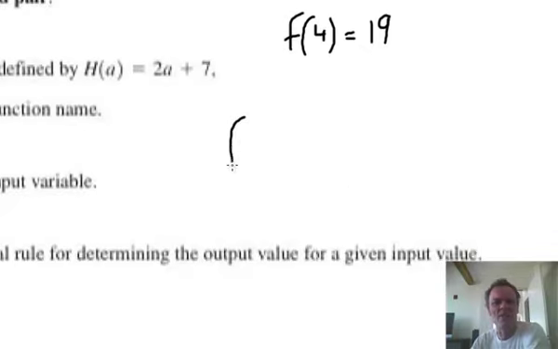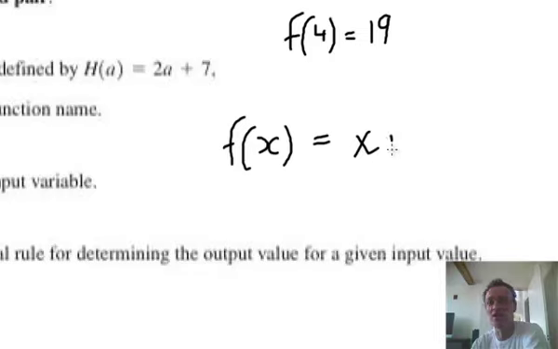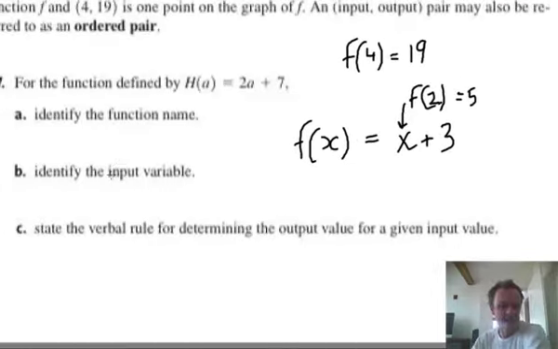I know most of the time you'll see a lot of f of x. That's the classic function notation, f for function. And we always tend to write the equations in terms of x. So I'll just write another one, something like this. When I replace an x with a 2, in other words, what's f of 2? I will get 5, won't I? 2 plus 3 is 5. So that's the function name here. This is not too important, but that's the function name, and of course this is the input